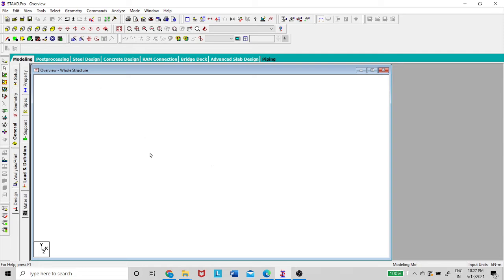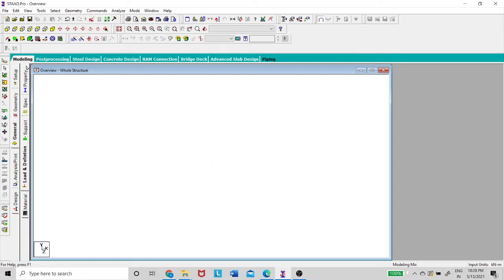And if you look at the typical environment, you can see at the bottom how the axes are there. Generally the vertical axis is y, and the horizontal axes are x and z. Whenever you rotate the structure, these axes also rotate, and you can see in which direction the structure is located. So that is how we generally use these icons.